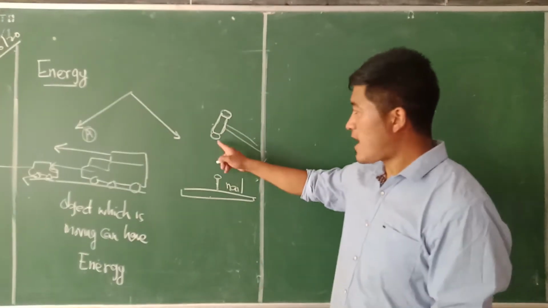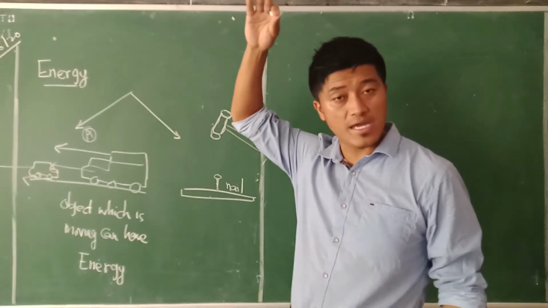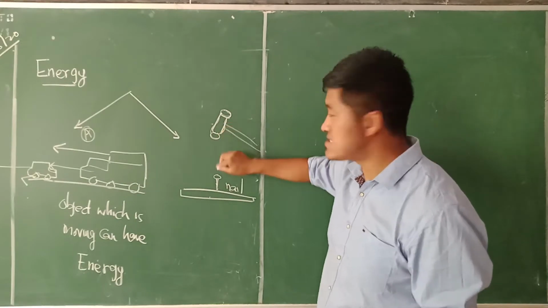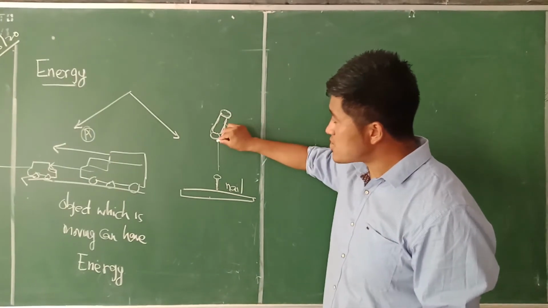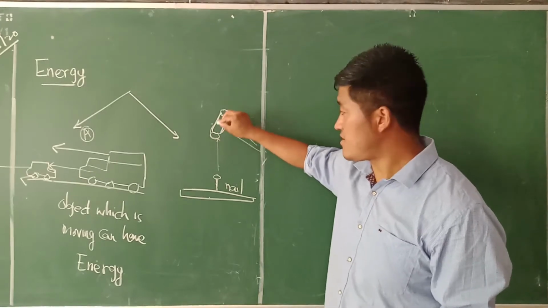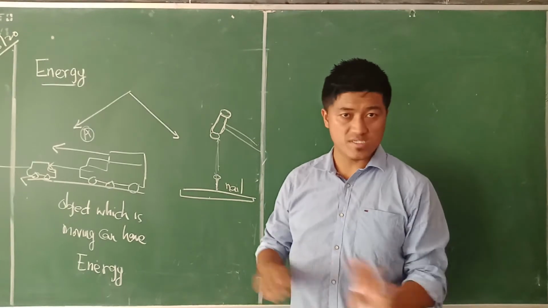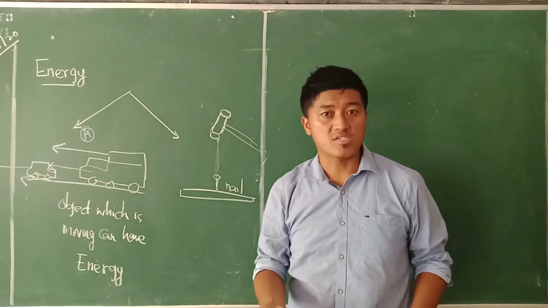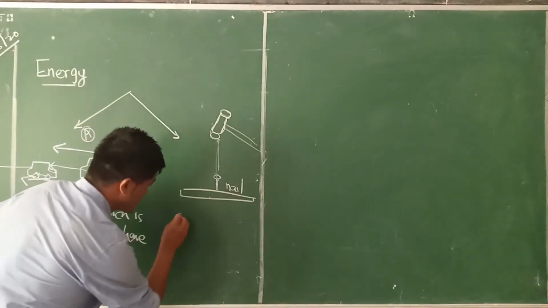Now, this hammer is at a certain position, at a certain height. Understand? So this hammer is at a certain height, as you can see. Now, if this object, that is a hammer, falls down on the nail, it is going to go down. This is something we knew. It can cause some amount of work. So from this conclusion,